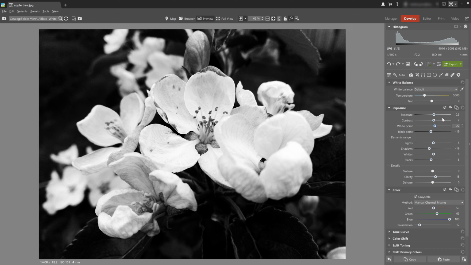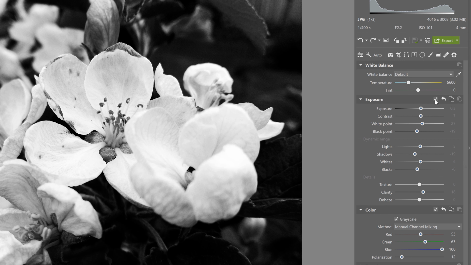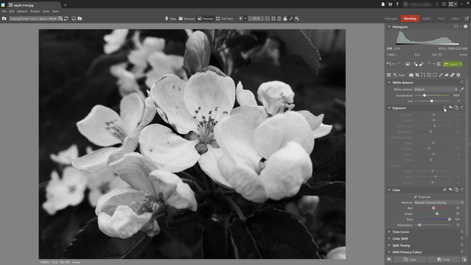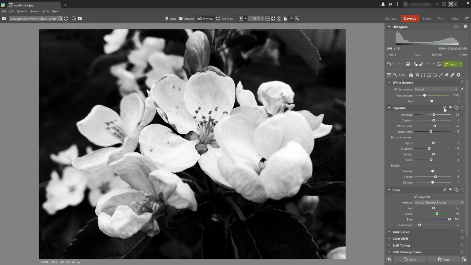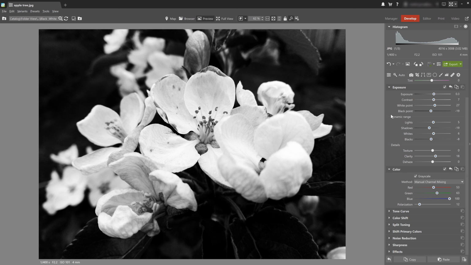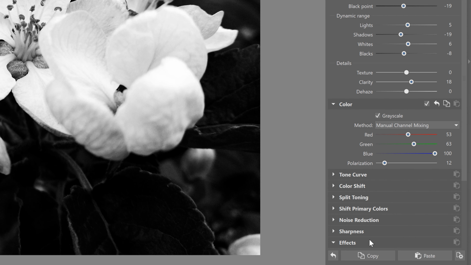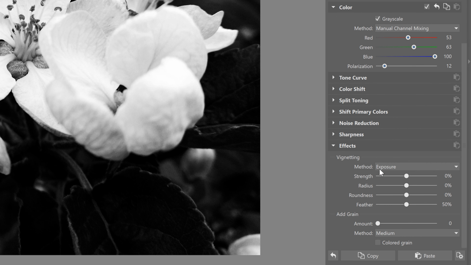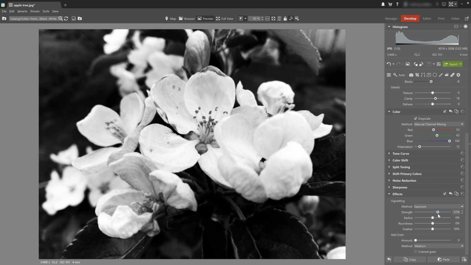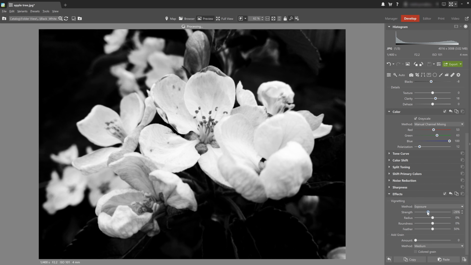Okay. Now I want to see what my black and white version looked like before we did all of these exposure adjustments. And I'm going to unclick all the adjustments I made using this checkbox. So I don't really like that the edges of the photo are still light, and I want to bring out the flower into the middle a bit more. So I'll expand the effects menu, and all the way at the bottom, let's add some vignetting. So while we're still in the effects here, let's add some grain because it does look good on black and white